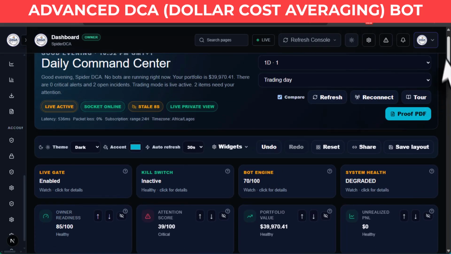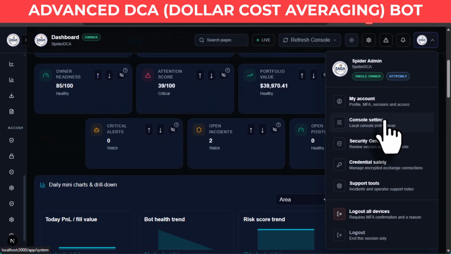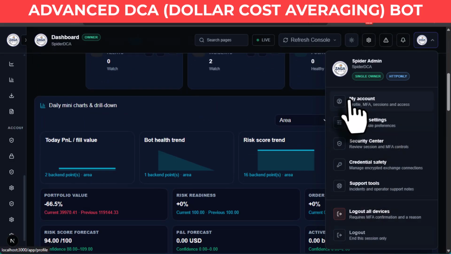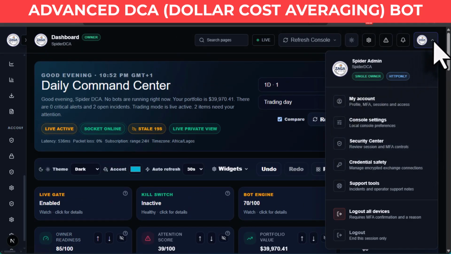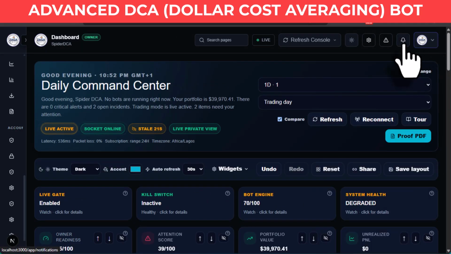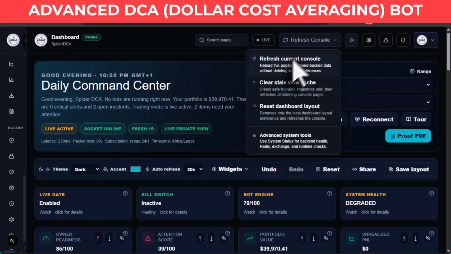Now at the right top here, you see your menu. We have my accounts and so many other things. You can log out of the account and log back in. This is the right top menu. That's the top bar itself. Here we have the notification, we have the incident, we have the settings, we have the dark and light mode. Then we have the refresh and clear cache, which you can do here with different kind